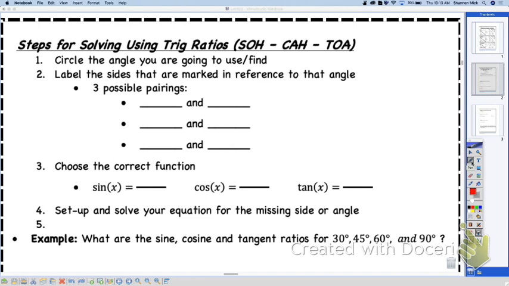So the first thing you're going to do is circle the angle they give you or the angle you want to find. That's the first thing we're going to do. And then we're going to label or mark in reference to that. So we'll mark the adjacent, opposite, hypotenuse. Okay? Now the pairing thing,